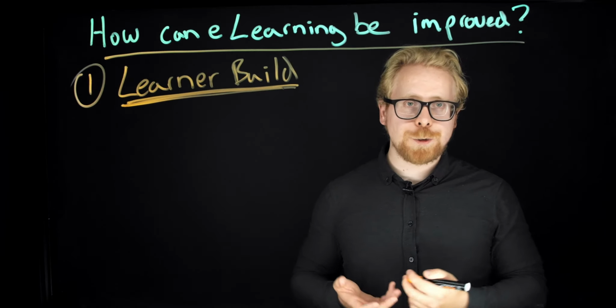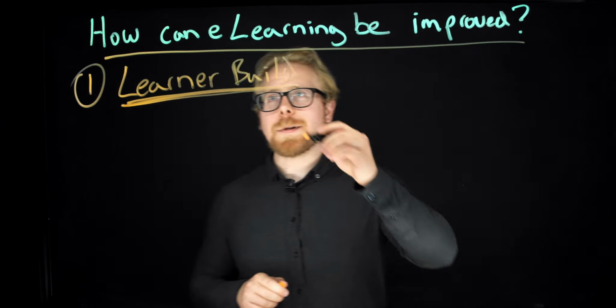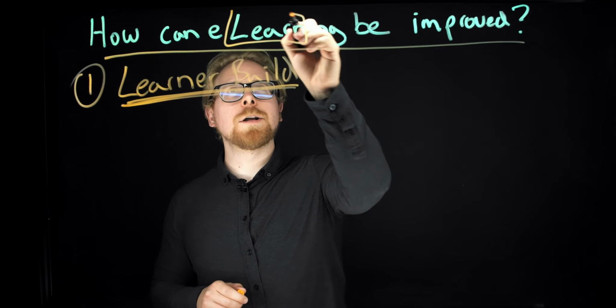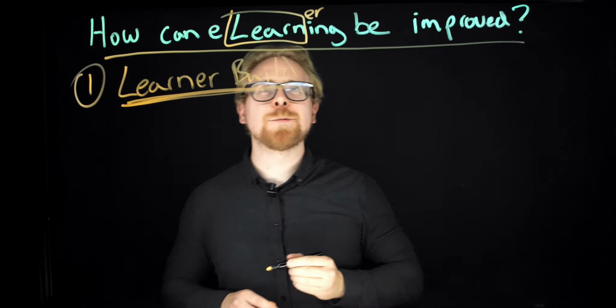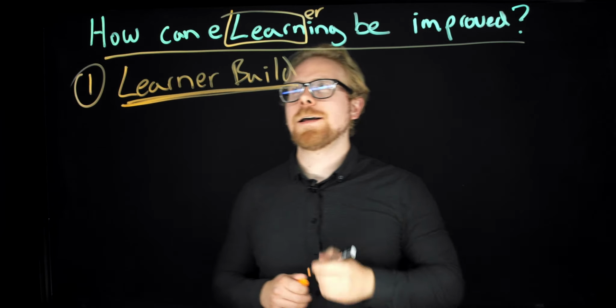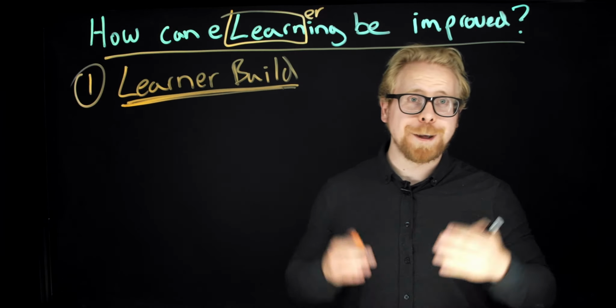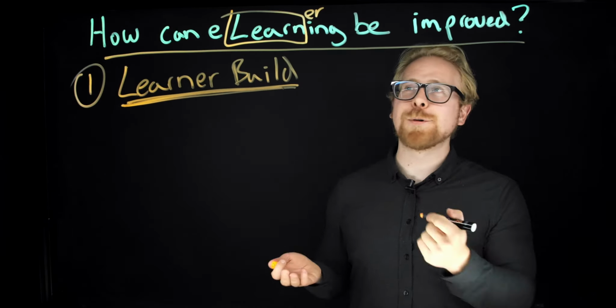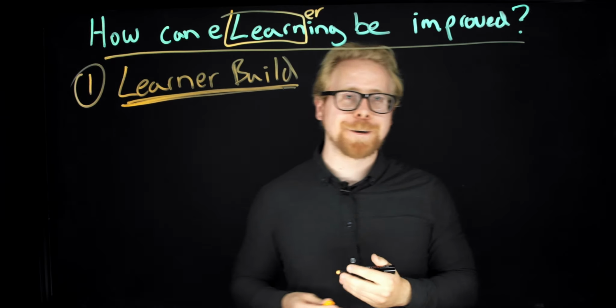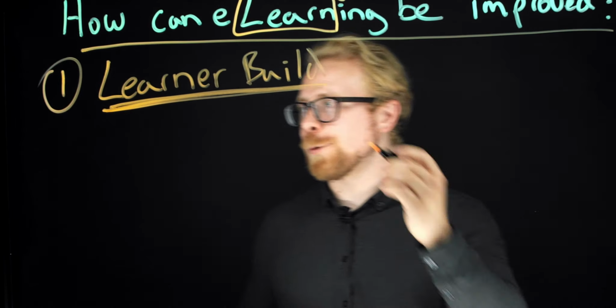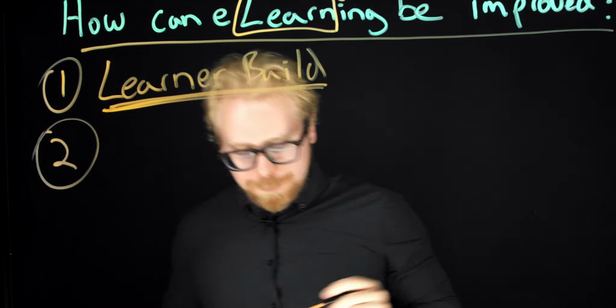Just as an industry, e-learning has learn in it, but it really needs to have learner in it. E-learnering. That's what it should be called. That's how we can improve e-learning. It's called e-learnering. So the learner build, that's number one. Number two,